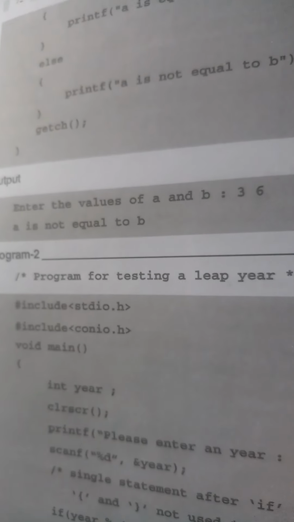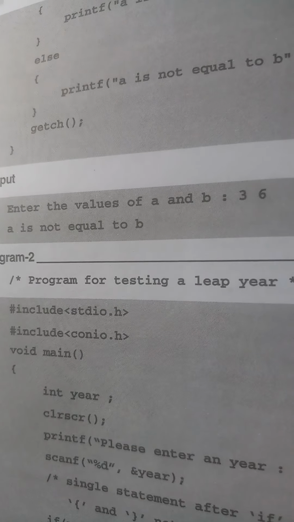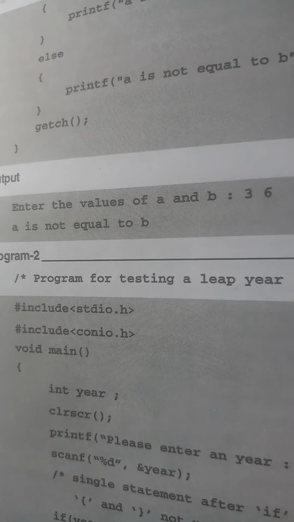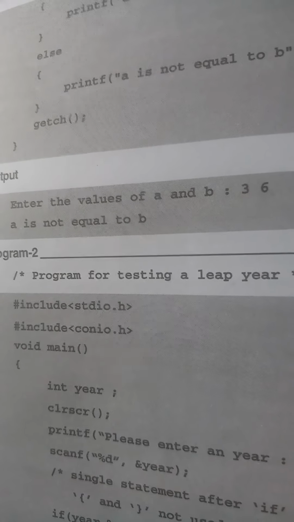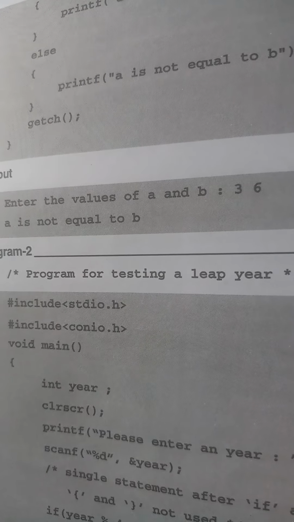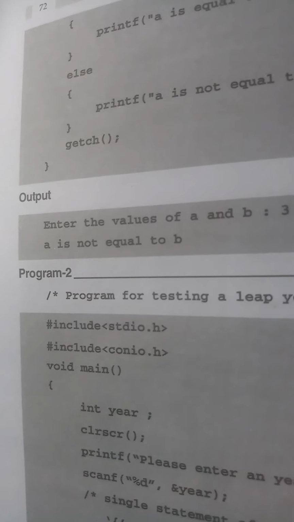आउटपुट क्या हुआ, enter the value of a and b, 3 6, a is not equal to b, ये इसमें वो दे दिया। देखो प्रोग्राम करते हैं दोबारा।